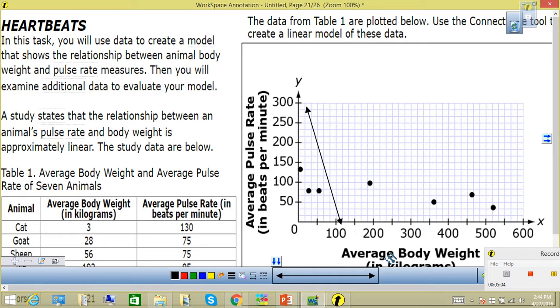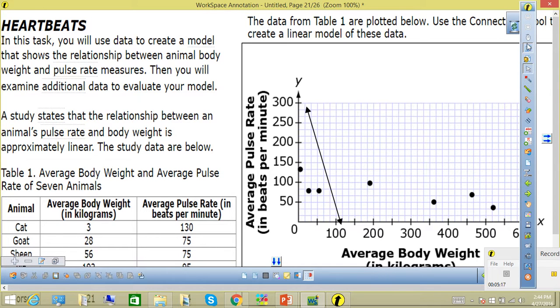Is that following the pattern? No, because there are no points up here, and it doesn't end here. The points are way over here and down here. So let me move it to make it look a little bit more close to the pattern. Bring this down about right there, and bring this over